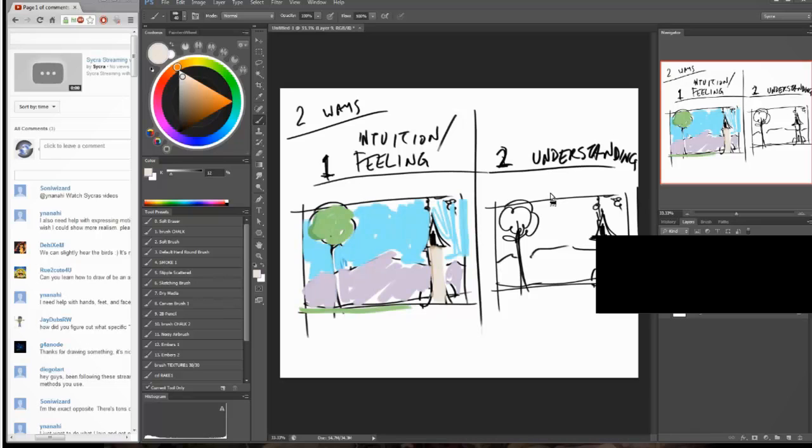Now the other way is the understanding thing. So in that, I'll switch over to my hard round. What I can do is put down, okay, what time of day is this? Well, let's say it's noontime. So the sky's going to be pretty blue. And I find the right blue, and then if this is the sky color, that means the atmosphere is going to be affected by this.